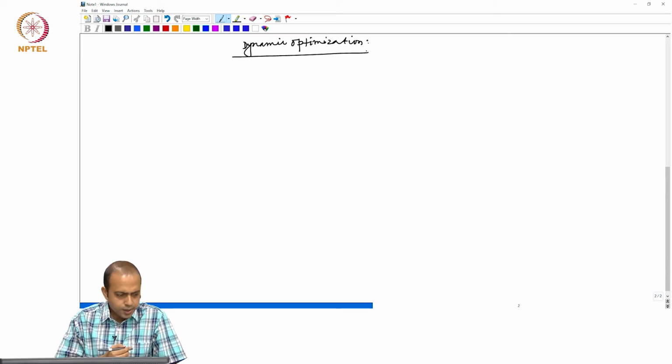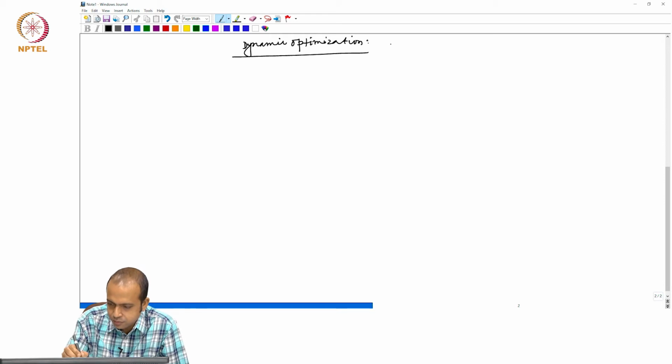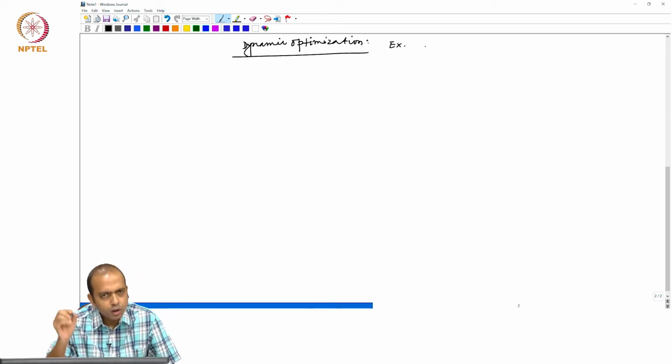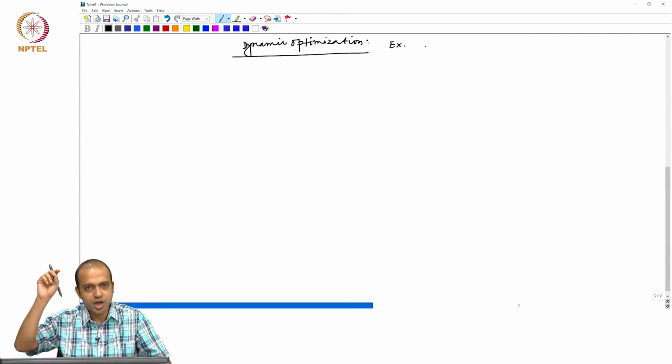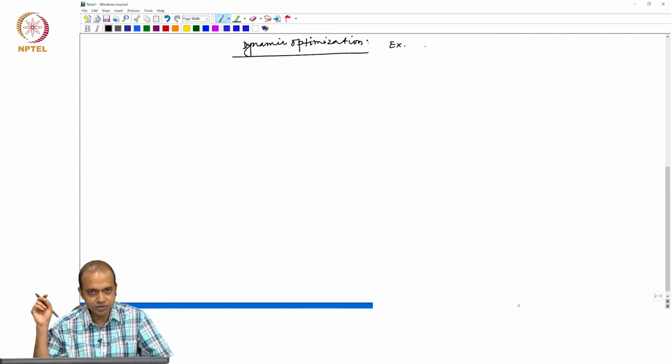Let us assume, for example, that the Indian economy is thinking about its 5 years plan. Next 5 years, the Indian economy is planning what the economy will reach after 5 years in terms of capital stock,